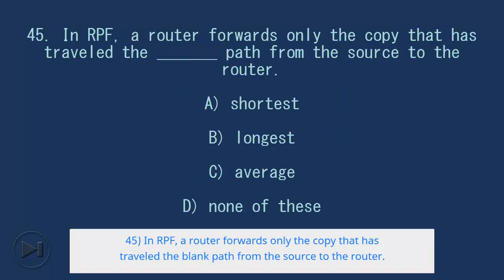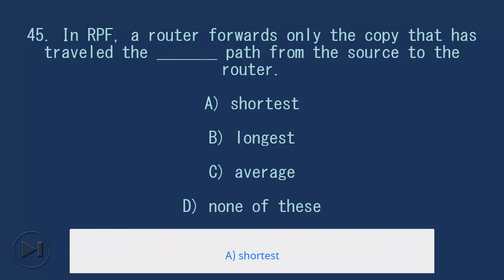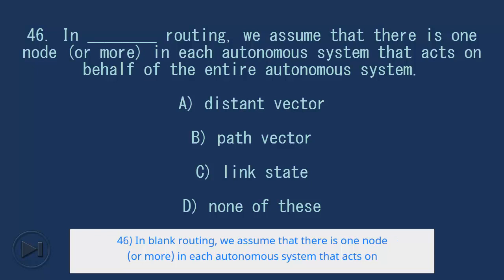45, in RPF, a router forwards only the copy that has traveled the blank path from the source to the router. A, shortest. B, longest. C, average. D, none of these. Answer, A, shortest. 46, in blank routing, we assume that there is one node, or more, in each autonomous system